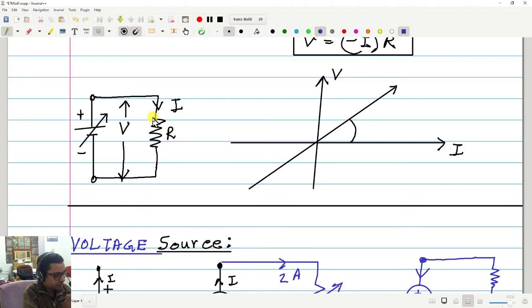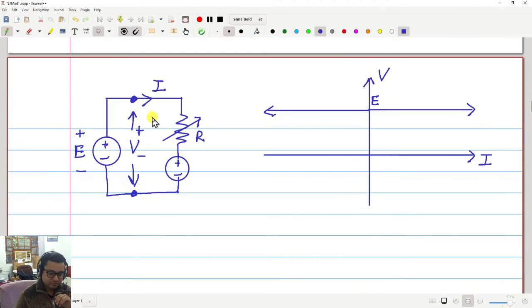Sir, in the second graph of voltage to current ratio, why have we plotted the current on the negative side? Because I can do this experiment by taking another source. Suppose this is 5E, so this is stronger than this. Now if I change this resistance, the current will always flow from right to left because this source is stronger, right? Now you see, this is my source.